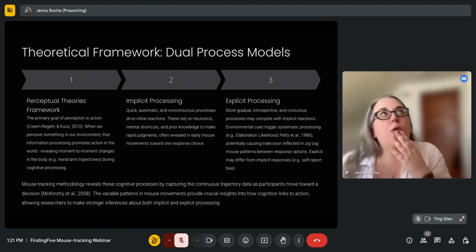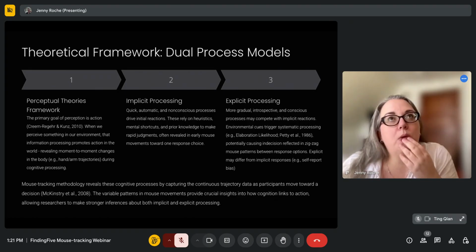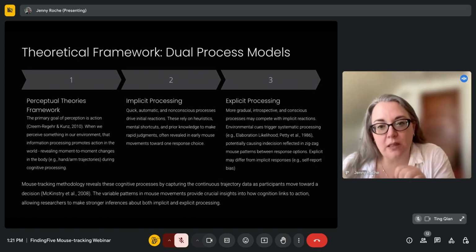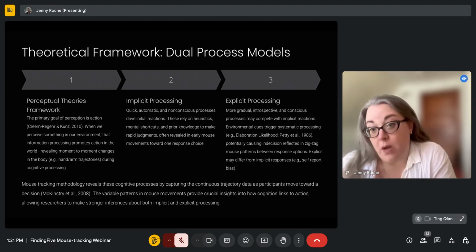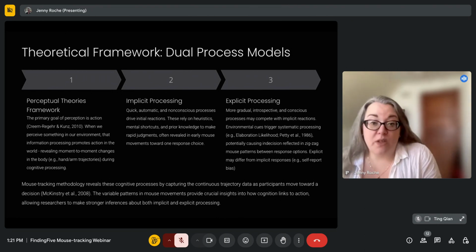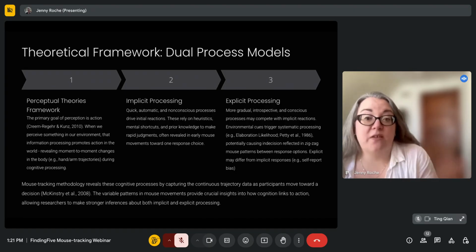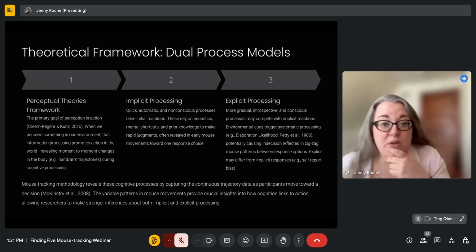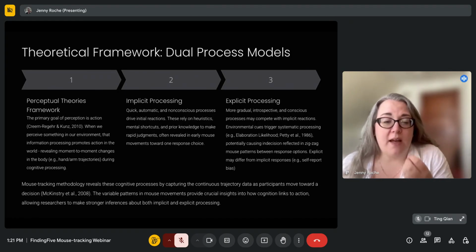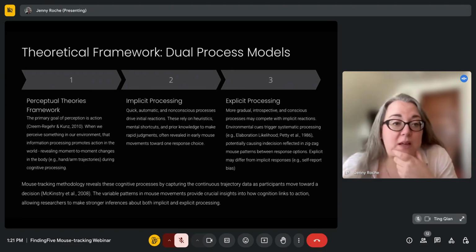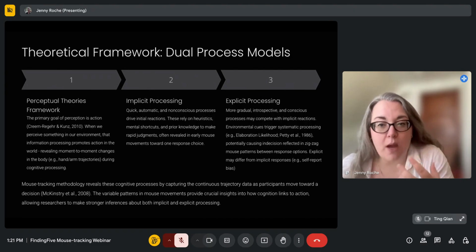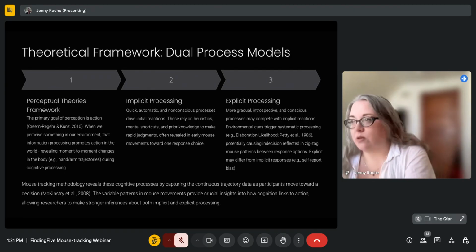So there's some utility in being able to use mouse tracking to answer some of these questions that we have about cognition, that don't rely simply on a single press. Especially if you're studying perceptual aspects of speech perception in general, like how people understand perception, if you're only getting a categorical response, you're not really measuring perception as it is, you're measuring a post perceptual process. And so mouse tracking is really beneficial because it tells you how people get to the response that they're trying